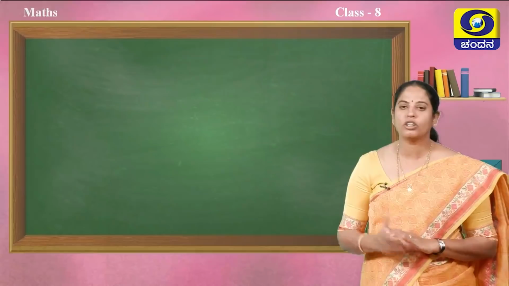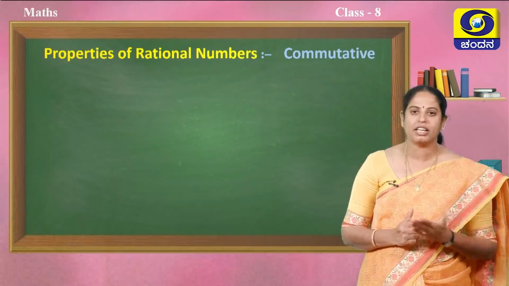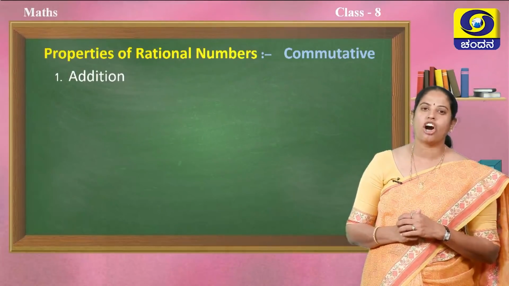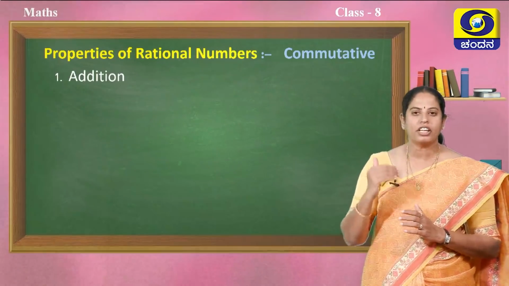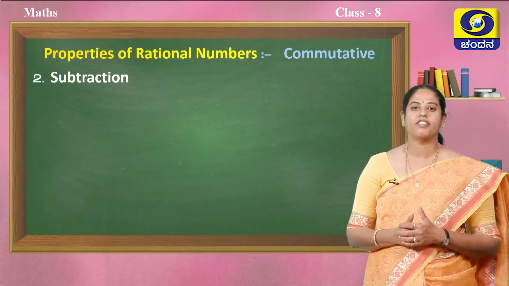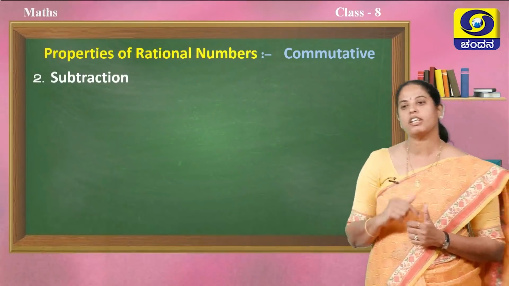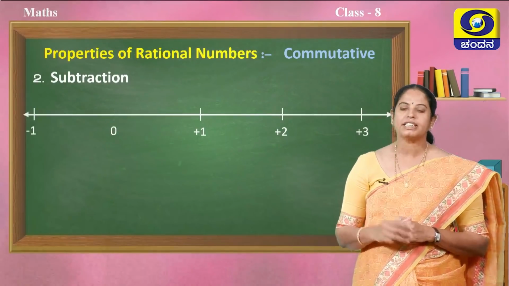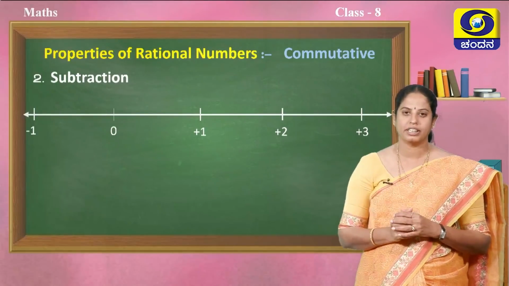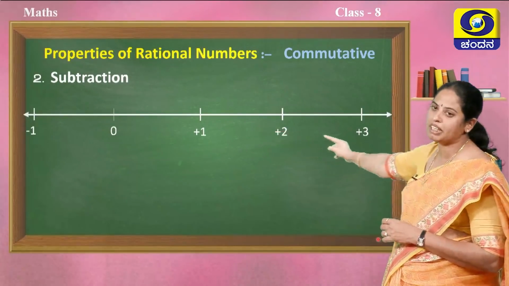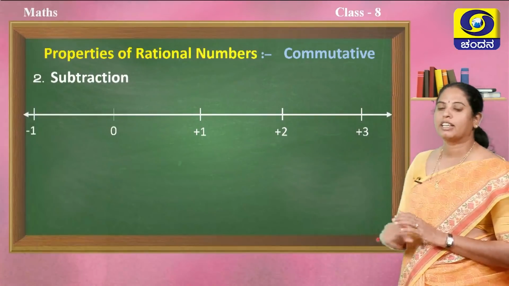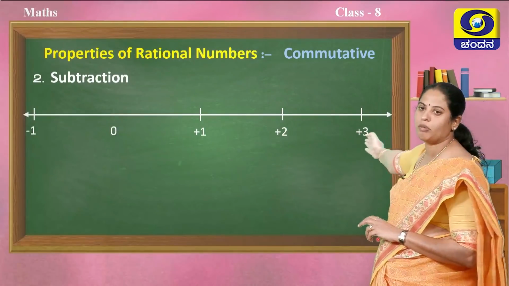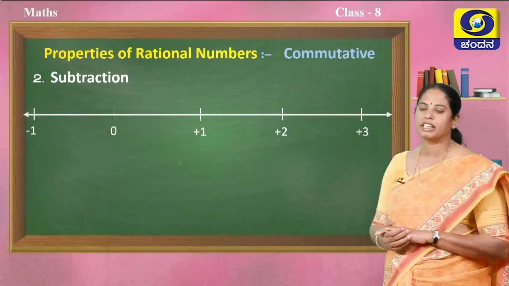Hence, we can conclude that for any two rational numbers such as A and B, the addition is commutative on the set of rational numbers. Let us verify whether the commutative property holds good on subtraction of rational numbers. For this, let us consider two rational numbers. I am taking the help of a number line here, children. You will get the clarity. For that, I am taking a number line. You know, towards 0, this is the positive side and that one is the negative side.